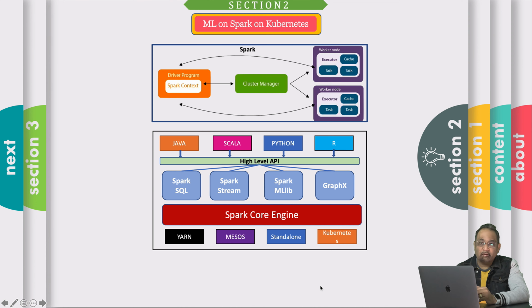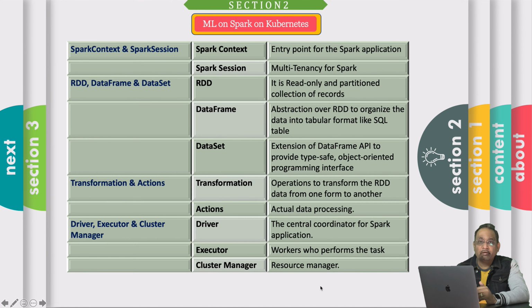A few important terms and concepts which often come into play during Spark development are: first, Spark context and Spark session. Spark context is the entry point for the Spark application. The most important step of any Spark driver application is to generate the Spark context, which allows the Spark application to access the Spark cluster with the help of the resource manager. As we can see in the above diagram, Spark context is associated with the Spark driver program and accesses the worker node resources with the help of the cluster manager.